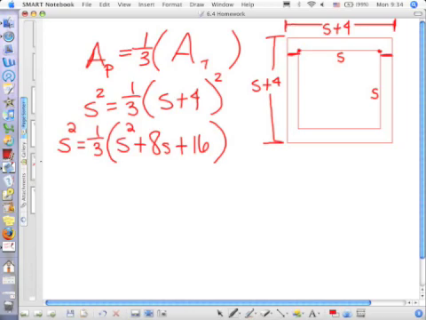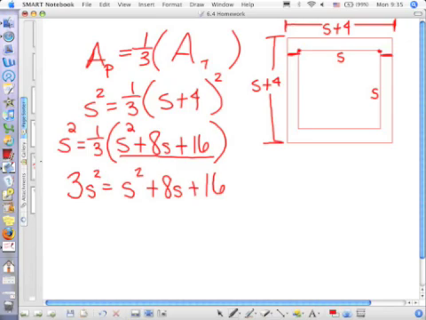Now from this point, I'm going to show you something. This is a complete term being multiplied by 1/3. I can undo that by multiplying the whole side by 3. Because 3 times 1/3 becomes what? 1. And then all you have is this stuff left. But if I multiply the right-hand side by 3, what do I need to do over here? Multiply it by 3. Okay, so I'm going to end up with 3s squared is equal to s squared plus blah, blah, blah. Here we go. And now we have a quadratic equation because there's s squared. And we solve this